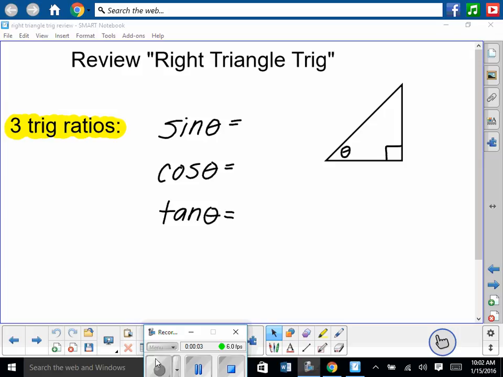If we have a right triangle, there are 3 right triangle trig ratios: sine of theta, cosine of theta, tangent of theta. When we go through our little saying,